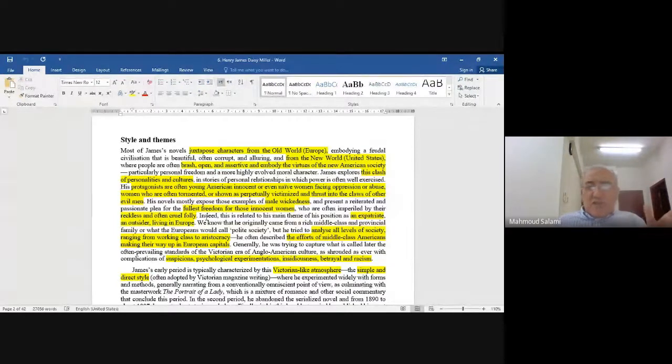So the efforts of middle-class Americans making their way up in European capitals, showing how rich Americans grew into being rich in Europe. And here I conclude this question. Generally, he was trying to capture what is called later the often prevailing standards of the Victorian era of Anglo-American culture, as shrouded as ever with complications of suspicions,